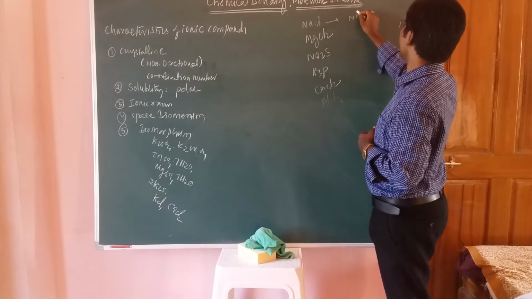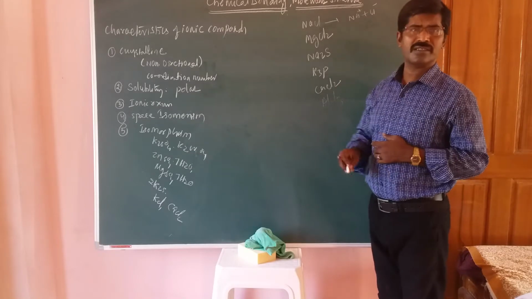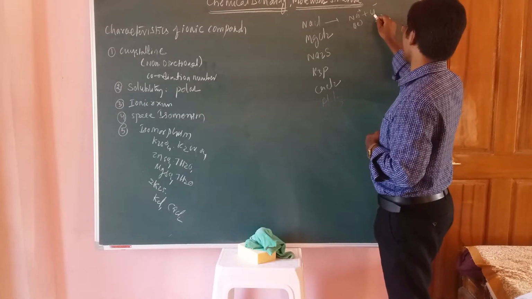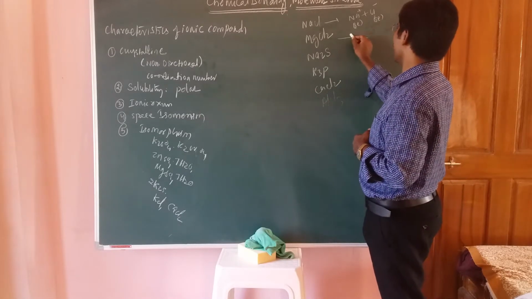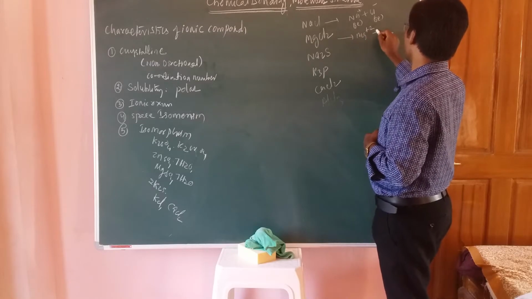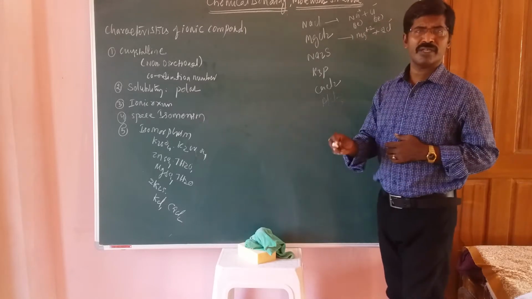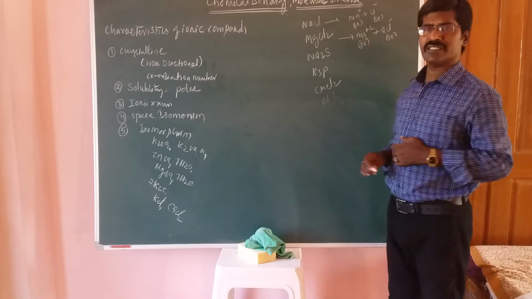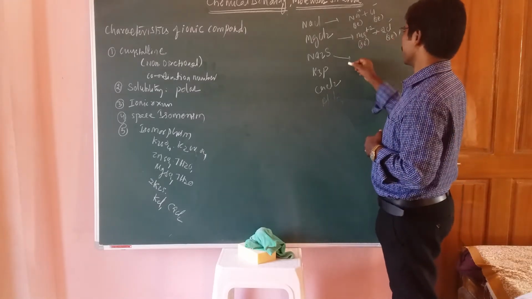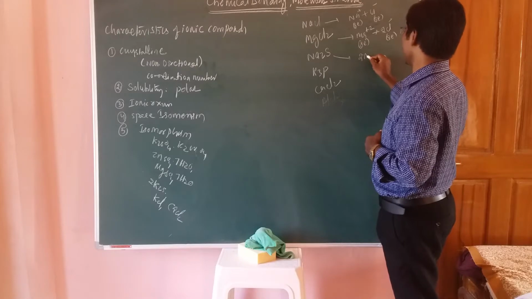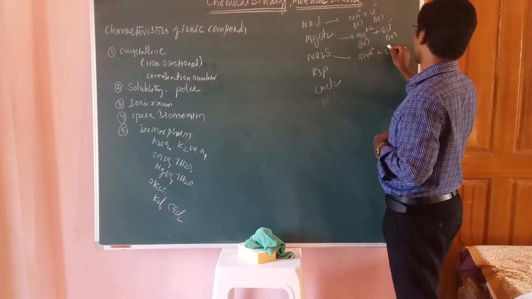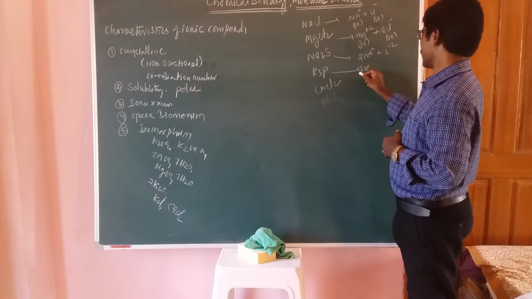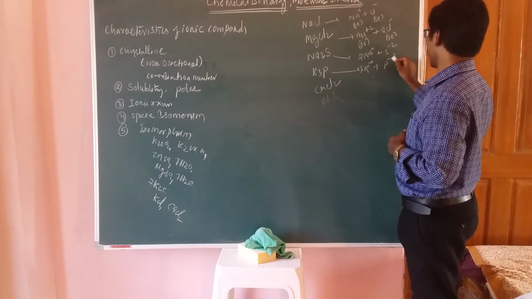Na+ ion and Cl- ion, so the number of electrons in the outermost shell is 8, and here also the same 8 electrons. Now magnesium, Mg2+, and next the 2 Cl- ions. This one has 8 electrons and here also 8 electrons in each atom. And here, in the same way for sulfur, the 2 Na+ ions and next S2-. And here, 3 potassium atoms K+ and next phosphorus P3-.